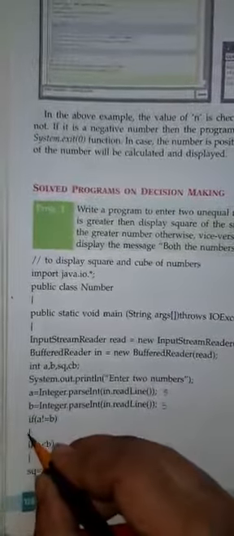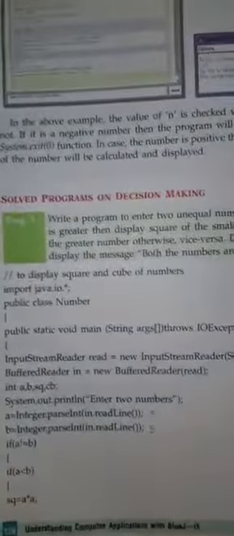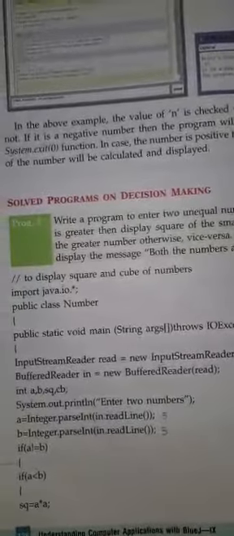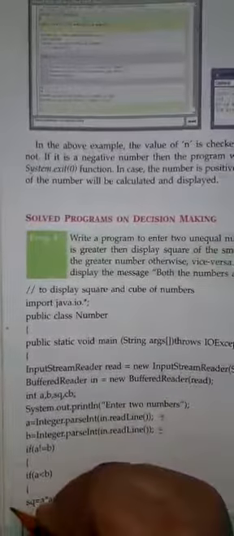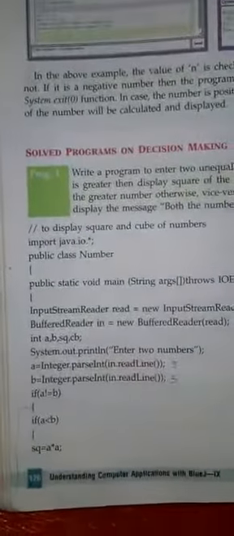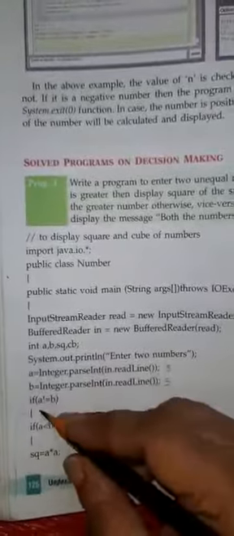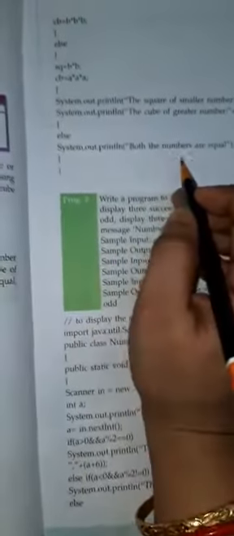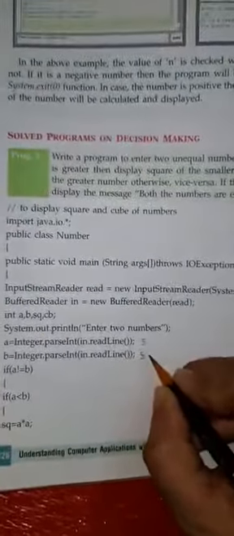It will not get inside this if statement, because this if statement is false. The if block ends here. So it will go to the else part, and it will display that both the numbers are equal.